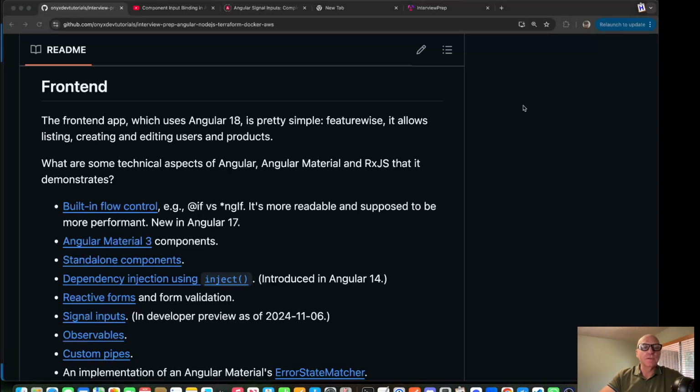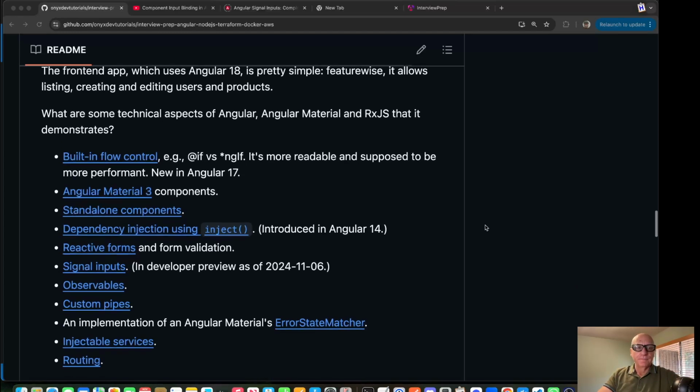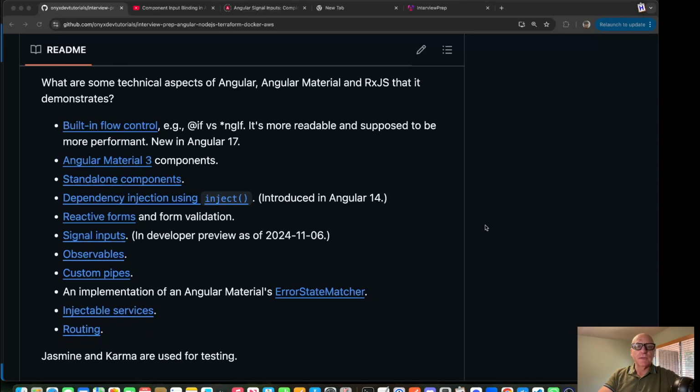Let's look at the front end now. For the front end, I'm using Angular 18, which is, as of this moment, November 11th, 2024, the latest. And what aspects of Angular does it demonstrate? Well, flow control. So it's using the new syntax, which is supposed to be more performant and is new in